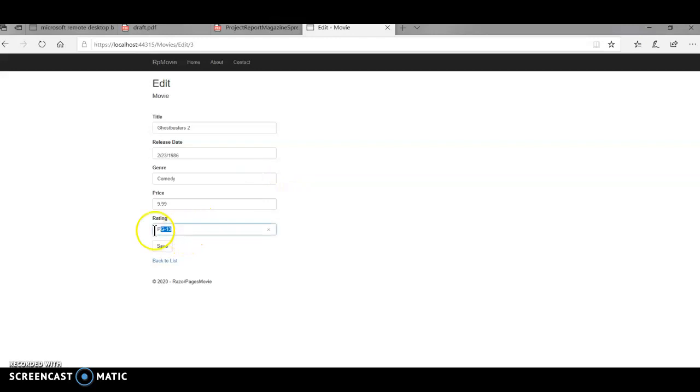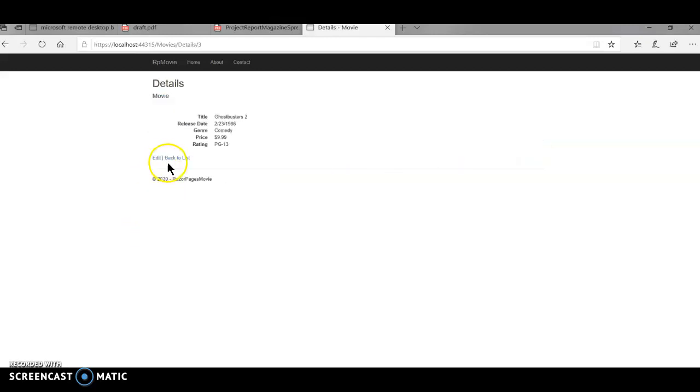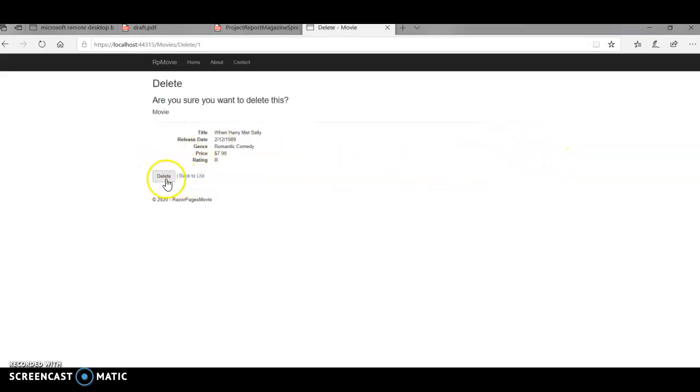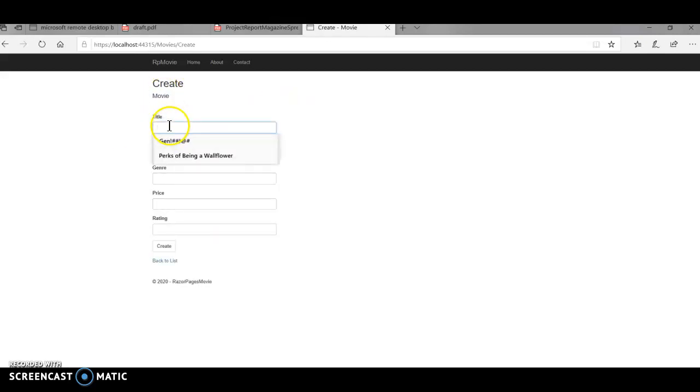I can also edit the rating. I can have the details and delete. When I add a new